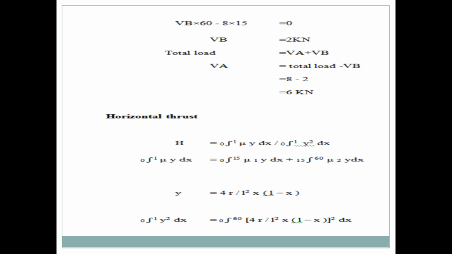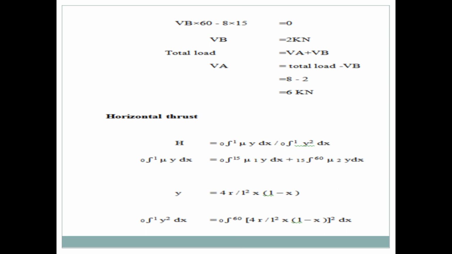Here first you want to find the vertical reactions VA and VB. So VB into 60 minus 8 into 15 is equal to 0. VB is equal to 2 kN. Total load is VA plus VB. VA is equal to total load minus VB is equal to 8 minus 2, that is equal to 6 kN. Next, horizontal thrust H is